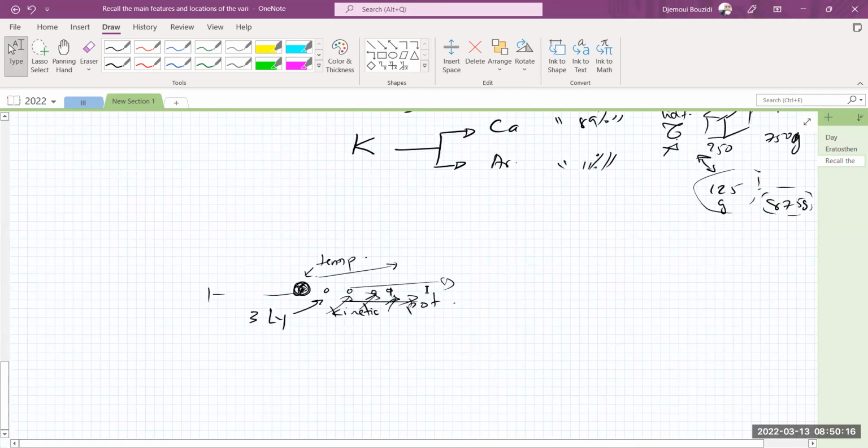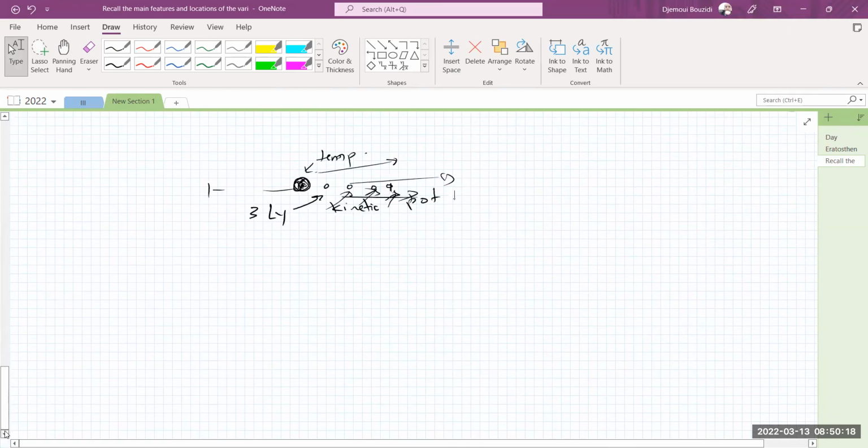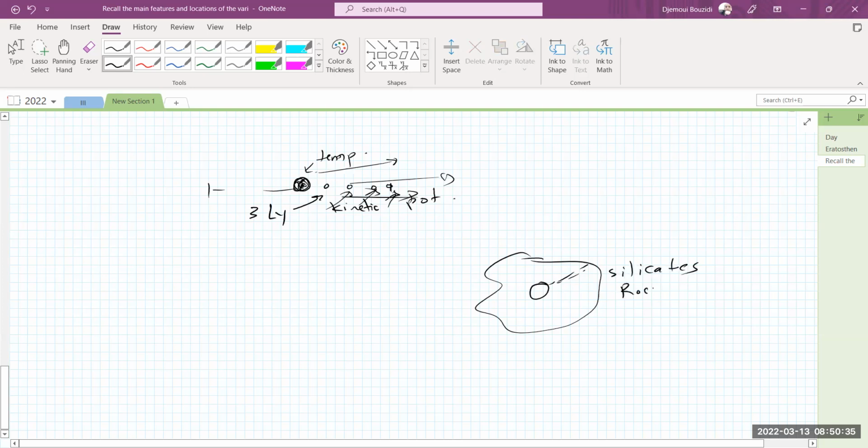Again, planets, when they form, they're a mixture of different materials. And because of the heat that is generated in them, the heavier materials, which is mainly iron, is going to move to the core. And the lighter material, in the case of the Earth, is going to stay in the top. And that is why you see the silicates and rocks in the upper mantle and the surface of the Earth, whereas inside is the iron and nickel, the heavier elements. So this is what happened on the Earth. This is what we believe also happened in all of the other planets. So the process is called differentiation,